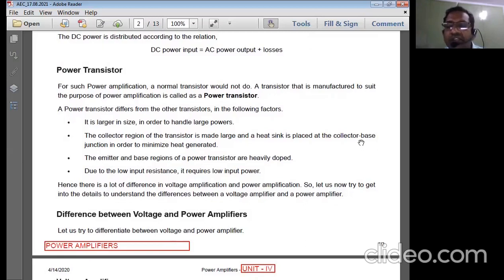So collector is taken as the phase terminal, base is taken as the ground terminal for the heat sink, and the heat sink is normally going to get mounted. That means the amplifier circuit is simply mounted based on the collector and base terminals, and over the heat sink we normally mount the transistor circuit. Therefore, the size is obviously going to increase. So the collector region of the transistor is made intentionally larger, and the heat sink is placed at the collector to base junction in order to minimize the heat produced in the amplifier circuit because of excessive